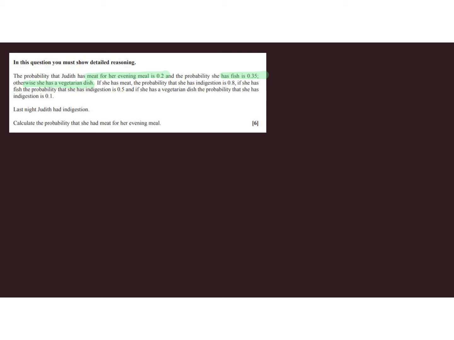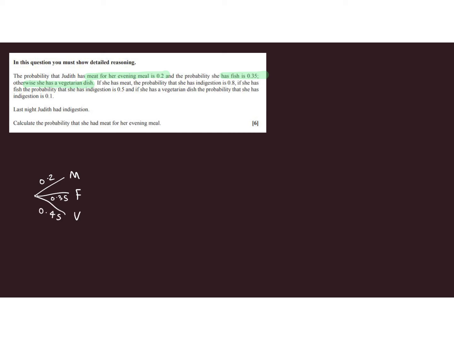So it's a conditional probability question. We're told she's had indigestion, so based on that fact, that condition, what is the probability that she actually had meat? So this is really asking us to set up a tree diagram so we can see exactly what is happening. So the 3 possibilities for her meal: she might have meat with a probability of 0.2, she might have fish with a probability of 0.35, and the other option is a vegetarian option, which would have a probability of